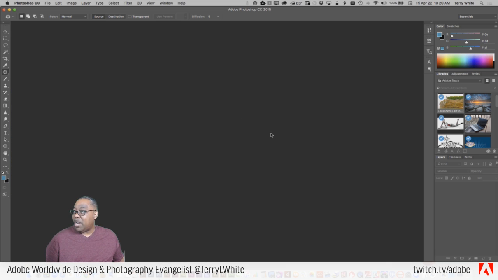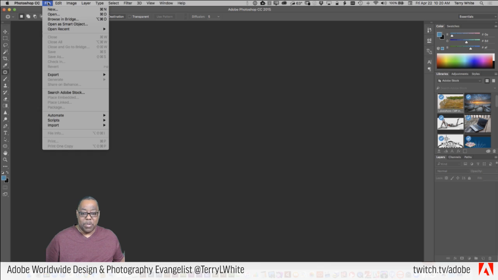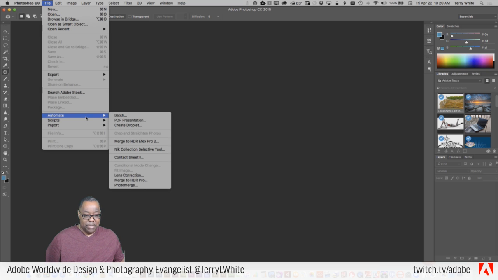So that was Automate Contact Sheet, Automate Photo Merge, and I think there was definitely one I did not get to last week. Let me make sure I did everything else I wanted to do. So under the Automate menu, we did Batch, we did Create Droplet. There is also PDF Presentation, which would simply take multiple images and turn them into a PDF slideshow, which can even have transitions. I'm not going to spend a lot of time on that, but you could do that as well. And of course, there's Merge to HDR Pro and Lens Correction. These are all part of the